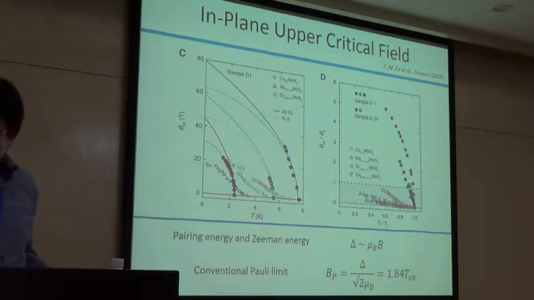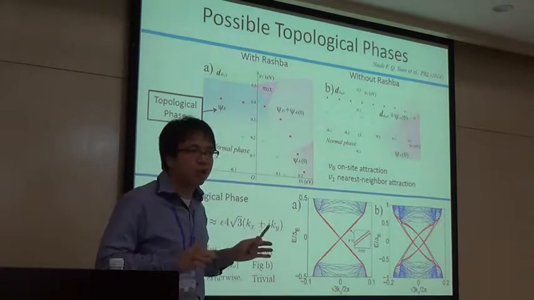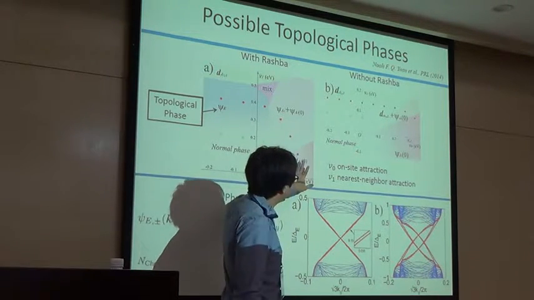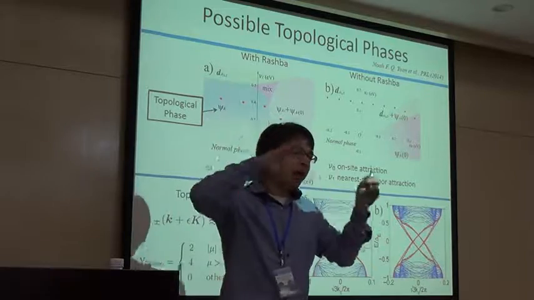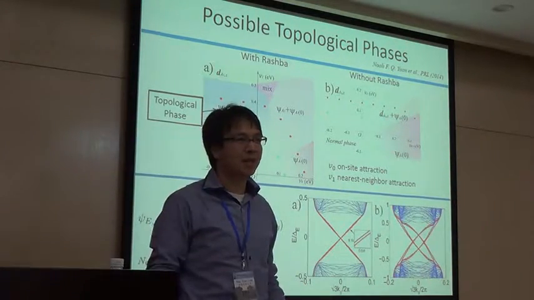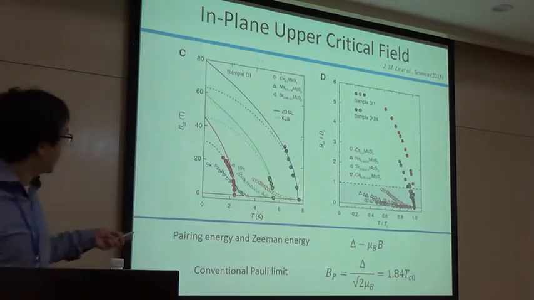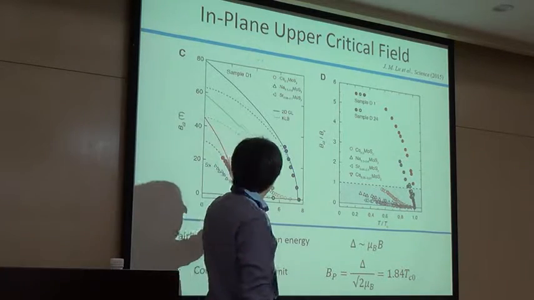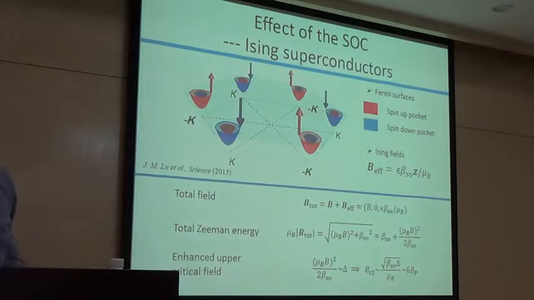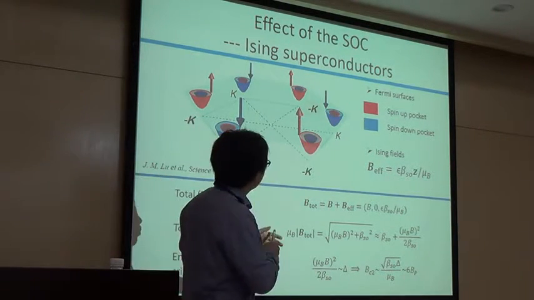But you can even ask this question. Even though this is not topological, say I'm in the ordinary phase, so for example, I have strong spin-orbit coupling in the material, but I just have an S-wave superconductor. Is there any interesting thing that can happen? The thing is that this superconductor can survive under extremely high magnetic field. The reason is the following. The spin-orbit coupling you have is a very special type.